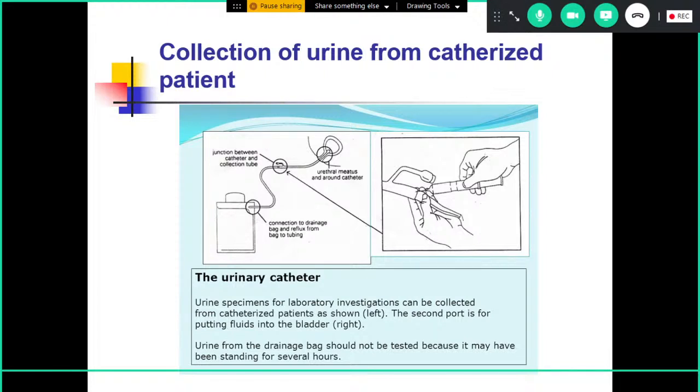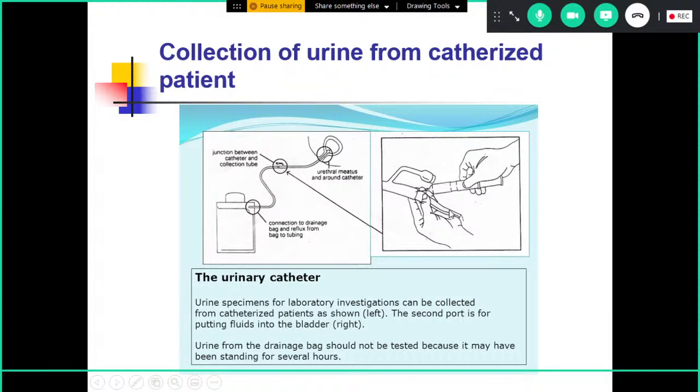One important thing that I wanted to tell you was in the hospital setting, where very often you need to collect a urine sample from a catheterized patient. How would you collect a urine sample from a catheterized patient? Rule number one is that you should never collect the urine sample from the bag, because it will be nothing but contaminated. So what we normally do is clamp the catheter for half an hour. You can put a sterile gauze and clamp the catheter for half an hour, come back, and then clean the area of the port with 70% alcohol. Use a sterile syringe and needle to draw 5 to 10 ml of urine